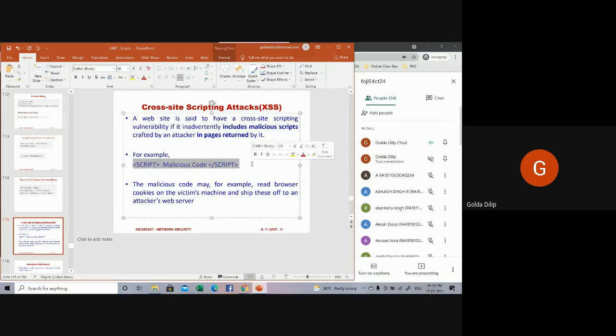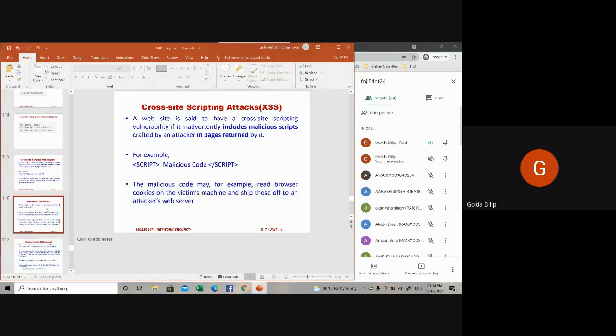Most probably the malicious script will be in JavaScript, and it will run on the user's browser, assuming JavaScript is enabled. As a result, the script will read the cookies containing the login information of the user's browser, and then redirect them to a site decided by the attacker.